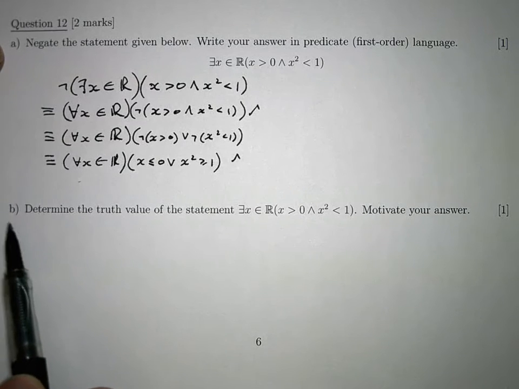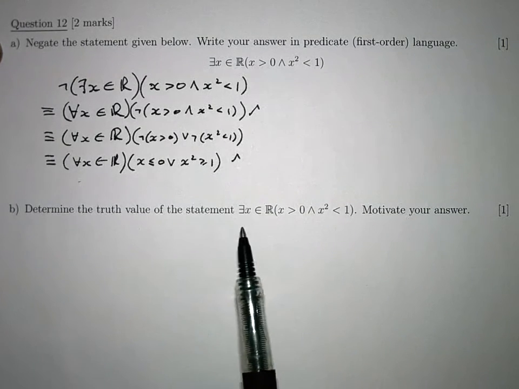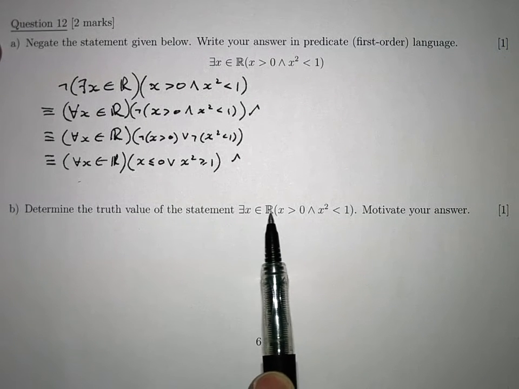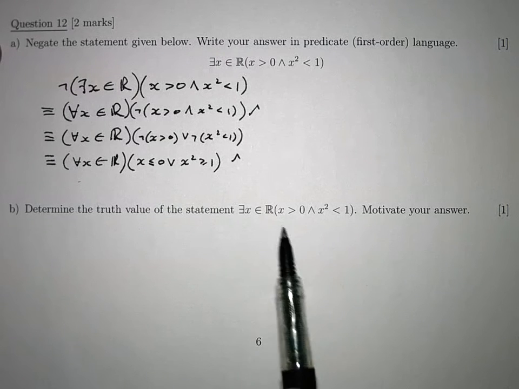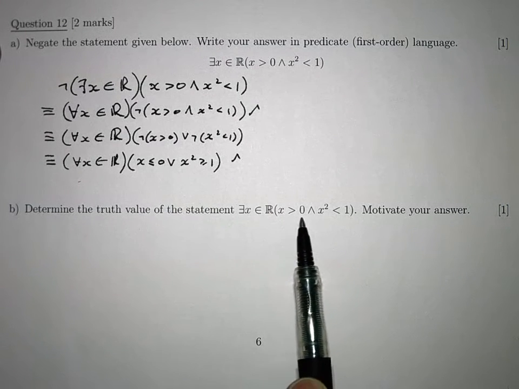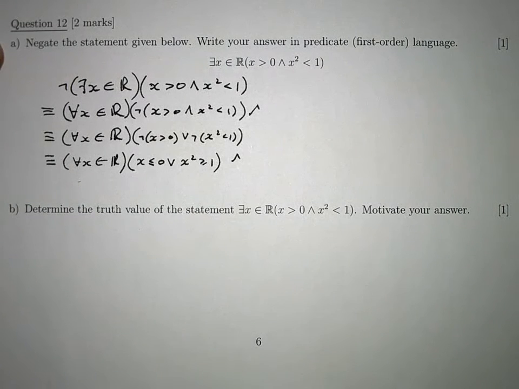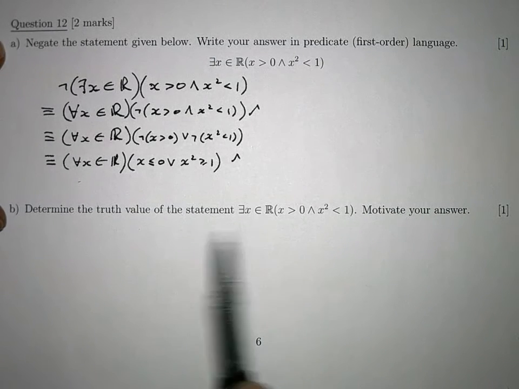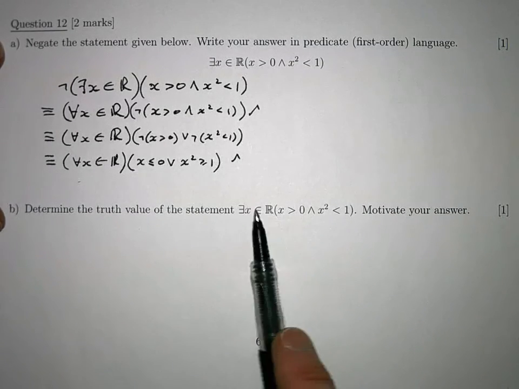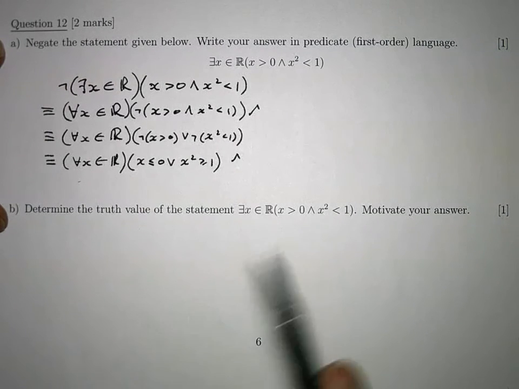Okay, question 12 part B, you were asked to determine the truth value of the statement: there exists an x in the set of real numbers, so we're looking for a real number such that x is greater than 0 and x squared is less than 1, and you were asked to motivate your answer. Now, the vast majority of you said that this was false, and said that no positive number has a square less than 1 because